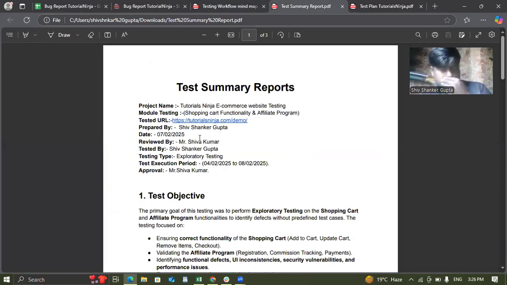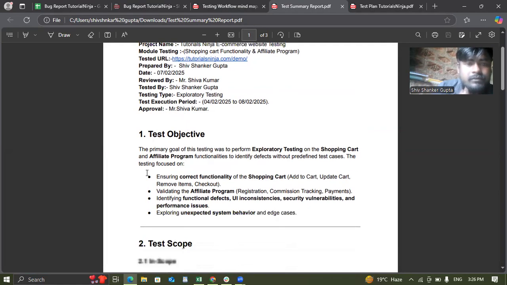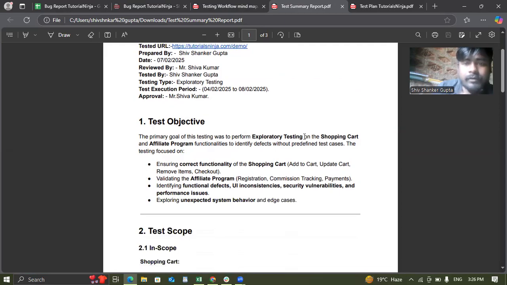And next is the test summary report. This is the test summary report: project name, module testing, shopping cart functionality, affiliate program, tested URL, prepared by Sangupta, date, reviewed by, tested by, testing type: exploratory testing, test execution period, approval by Shivam sir. First, objective: the primary goal of exploratory testing of the shopping cart and affiliate functionality is to identify defects without predefined test cases,